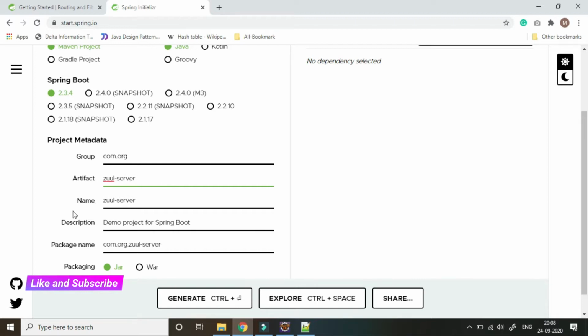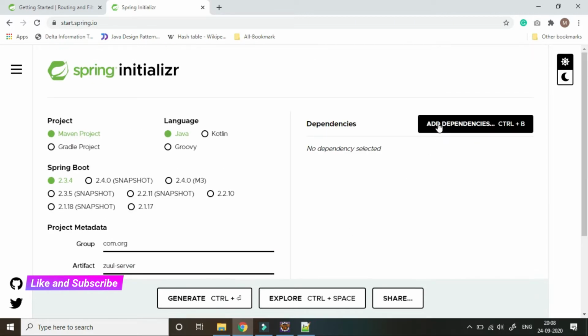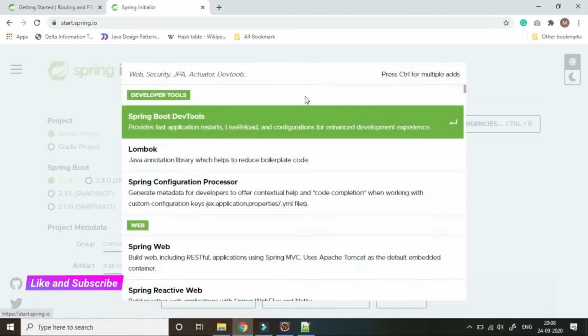So this is actually the project name. This is the package. Now we have to add the dependencies.